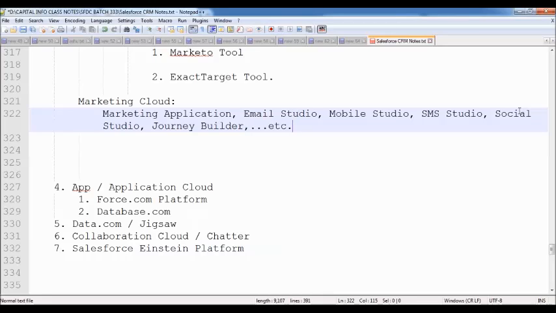If you want to synchronize the data between Marketing Cloud and Sales Cloud, then we use a feature called Journey Builder. These are the various features which have been given by Salesforce as part of this Marketing Cloud.